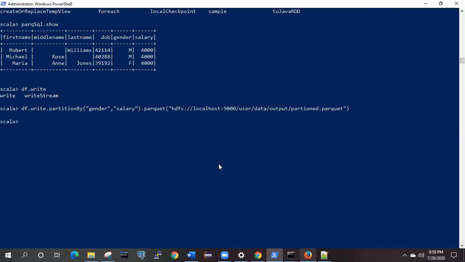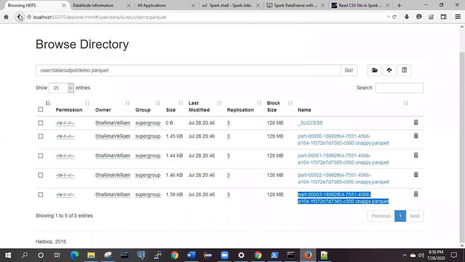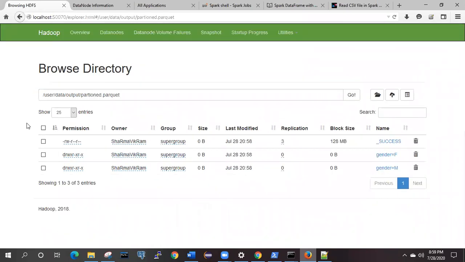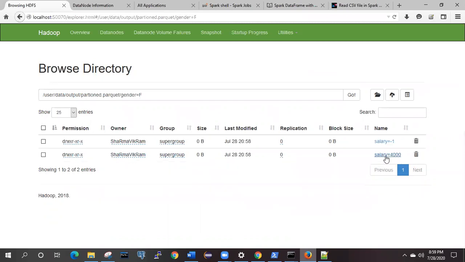It is showing the data has been successfully written. Where is that partitioned parquet? Yeah, this is the location where the data has been written, and you can see it has created two partitions by gender, male and female. If you click on female, again there is a salary.